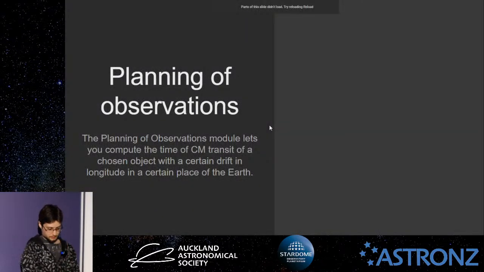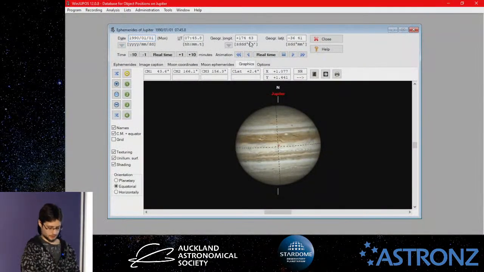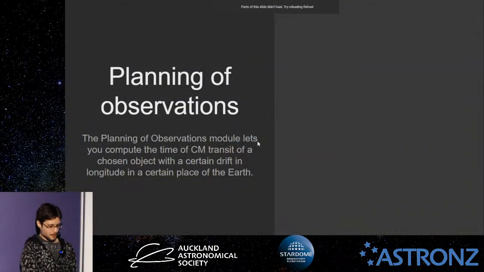So for the planning of observations, let's just go back here. It lets you compute a specific time of a central meridian transit. So you can find a specific feature and know when you can view it. For example, the Juno satellite has got an orbit coming up on the 21st of this